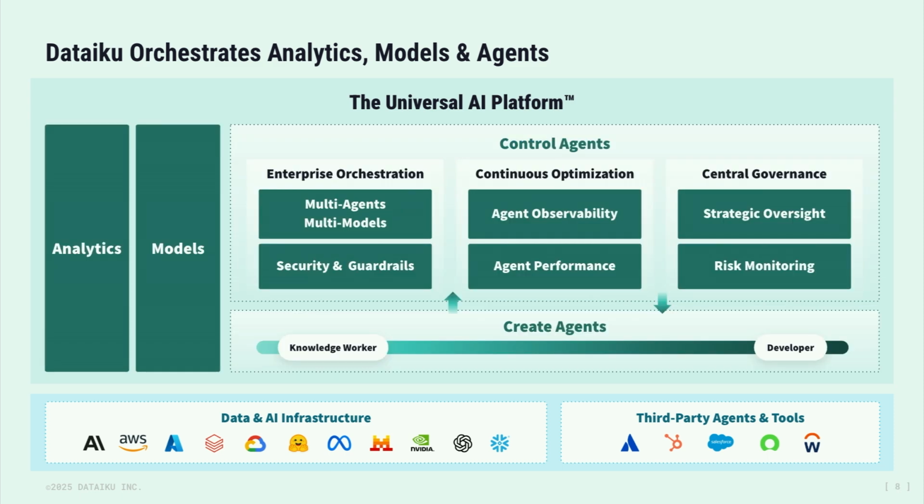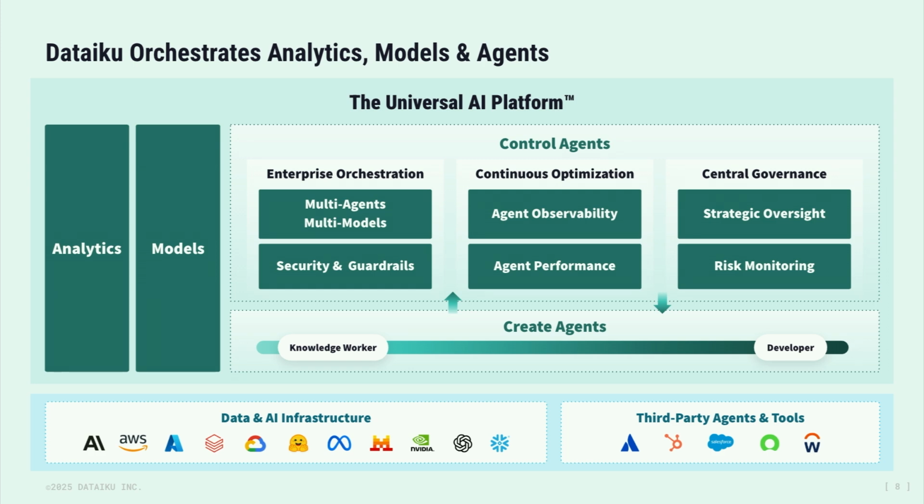Honing in on the agentic story behind Dataiku, we already have the capabilities to solve for what I described earlier. We have enterprise orchestration and have had from the ground up since the inception of our platform. We also have the capabilities to do continuous optimization and to provide a central pane of governance around these different agents. And what's more is we provide an interface for both knowledge workers and the technical developers to be able to build and maintain these models over time, such that it's not limited to the most technical Python developers in the company,